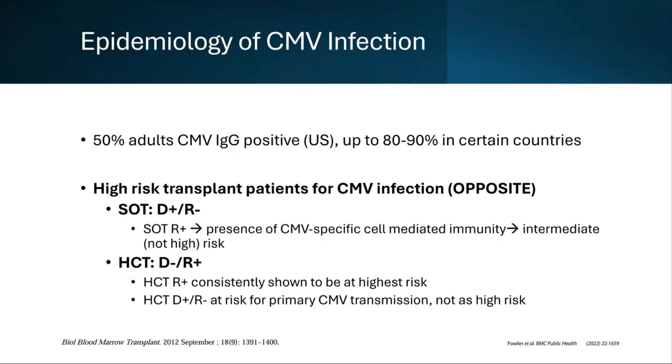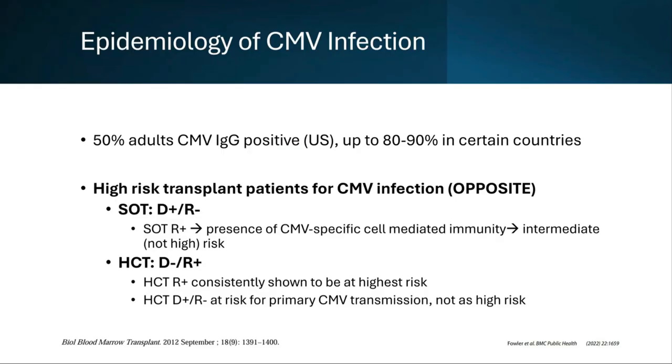So remember that if you look at age-adjusted status of CMV in the entire population, by age 40, about 50% of adults were CMV positive, right? In some of the countries, and as we age, that number goes up, and in some of the countries, up to 90% of the population is CMV positive. So it's one of the most common latent infections that the majority of us will acquire with age.